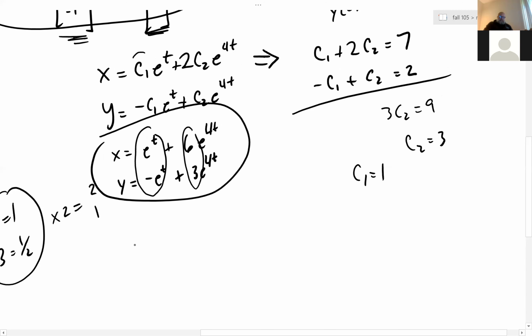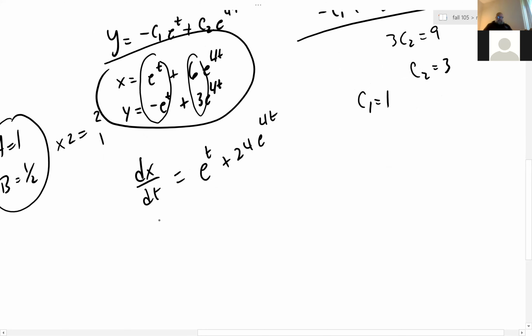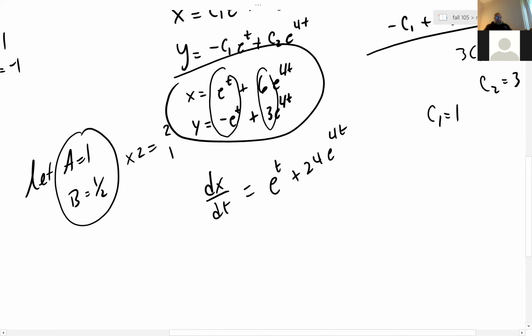What would happen if you took the derivative of x right here? Well, the derivative of x with respect to t is e to the t. Is that right? And then the derivative of this would be plus 24 e to the 4t. Is that right? And then that's interesting. So wait a minute. Over here,